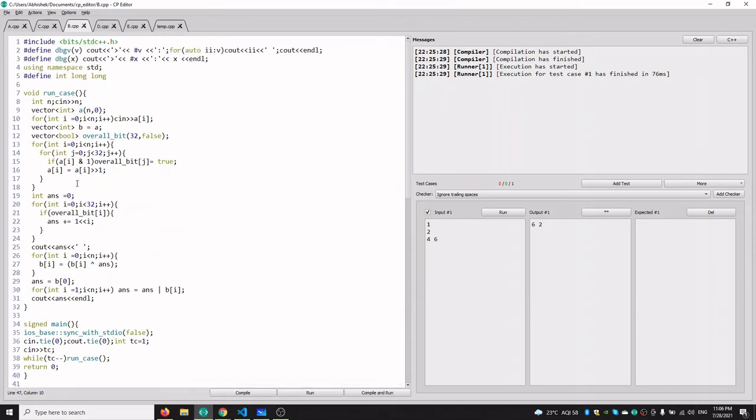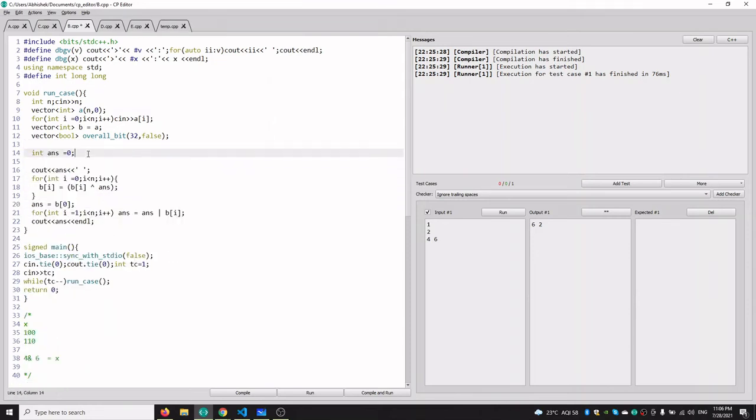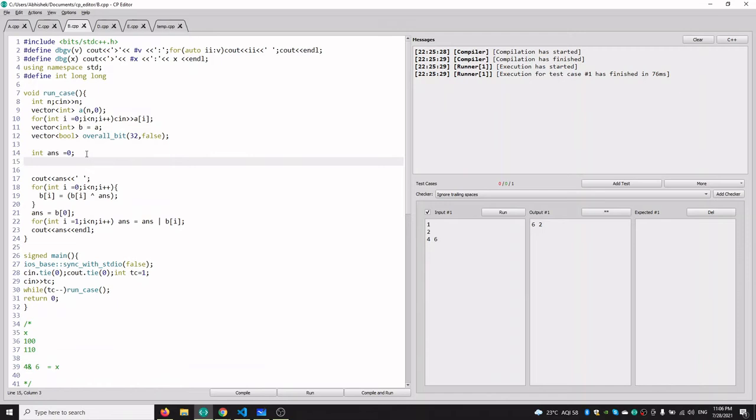So let's just try this approach. I think I have made this very complicated solution.